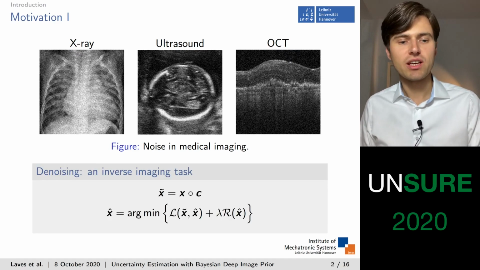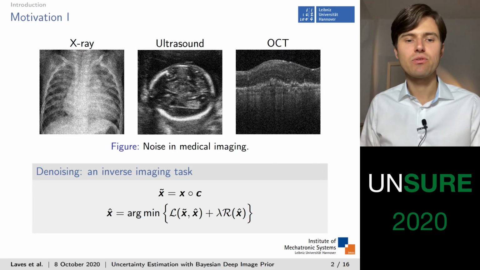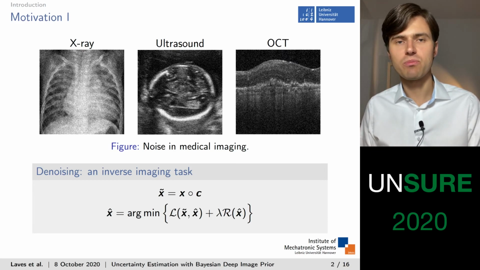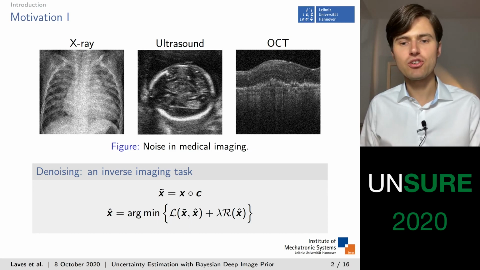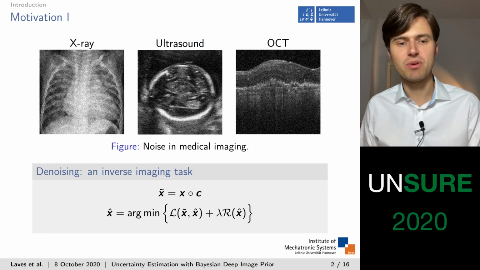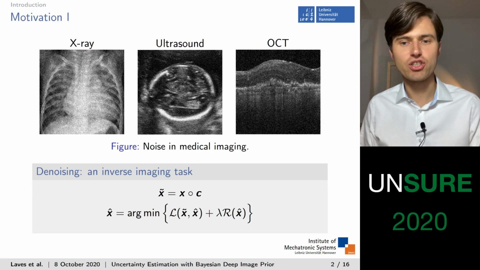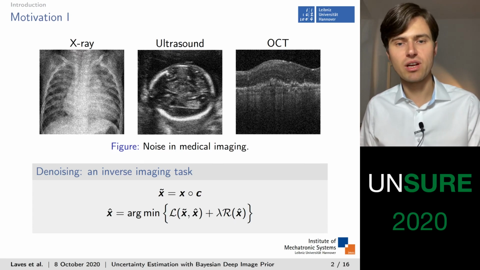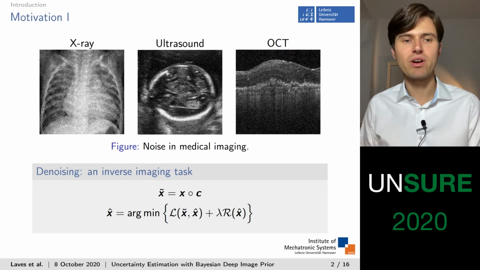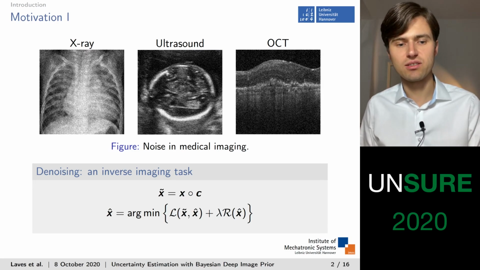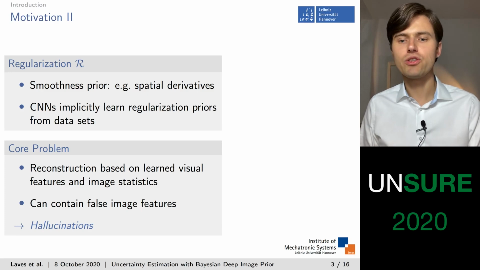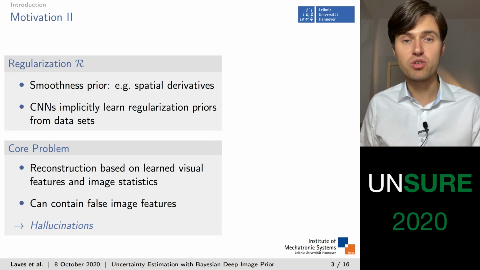The task of denoising is an inverse image problem and aims at reconstructing a clean image x hat from a noisy observation x tilde. Given a noisy image, the denoising can be expressed as optimization problem of the form of this equation. The reconstruction x hat should be close to the noisy image by means of a similarity metric L, but with substantially less noise. The regularizer R here expresses a prior on the reconstructed image, which leads to the reconstruction having less noise than x tilde. As a regularizer, one usually imposes a smoothness constraint by penalizing first or higher order spatial derivatives of